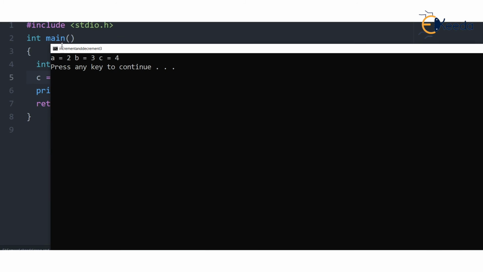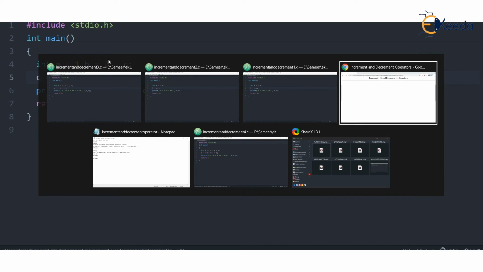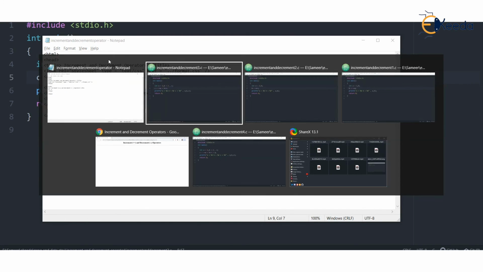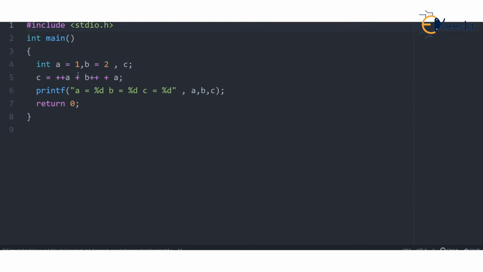Okay. Now, one more interesting code, which I suggest all of you listen to carefully to understand the basic concepts. I'm so sorry. Wait a minute. The fourth example is here. Yes. How about this? You just check. A is 1, B is 2, and C. Now you will first do ++A. It is prefix. So A will become 2.